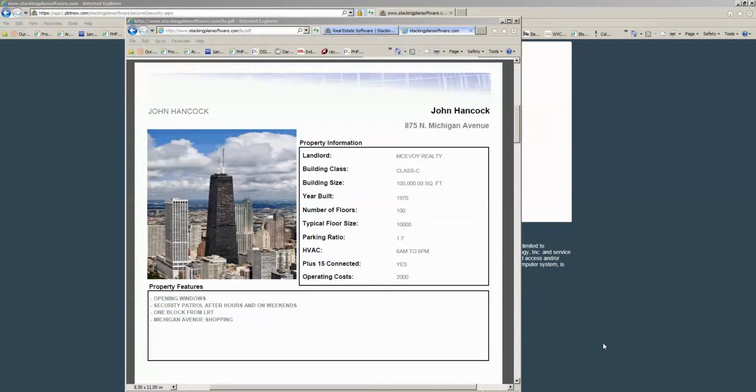The purpose of this video is to explain how to create lease availability profiles in Cloud Stacking Plan. Cloud Stacking Plan has the ability to create lease availability profiles that look like this, which has the property information on the first page. You've got the picture, the property name and the address, and the major details about the property as far as landlord, building class, size, year built, number of floors, floor size, parking ratio, HVAC,